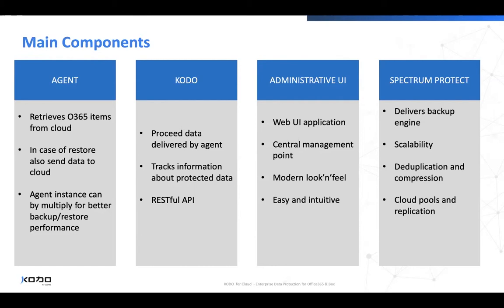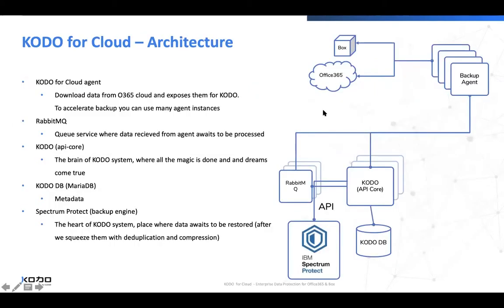And finally, the Spectrum Protect, that's our storage engine that delivers the backup and the data protection. Now let's move on. So that's the architecture, and something that I've been talking about. So the backup agents are contacting Office 365 and Box services. We can have multiple backup agents, and we can scale it according to our needs to get a proper